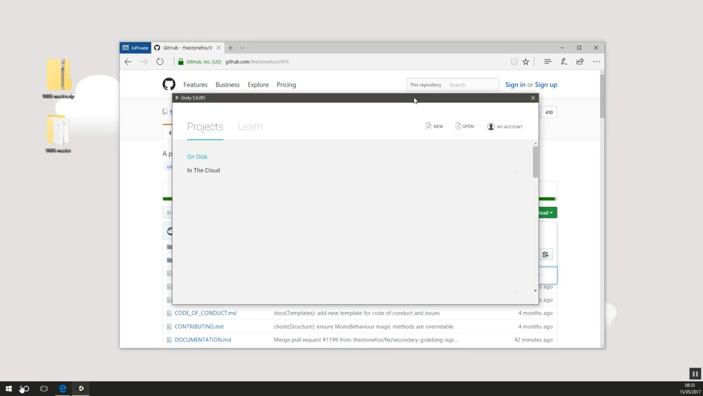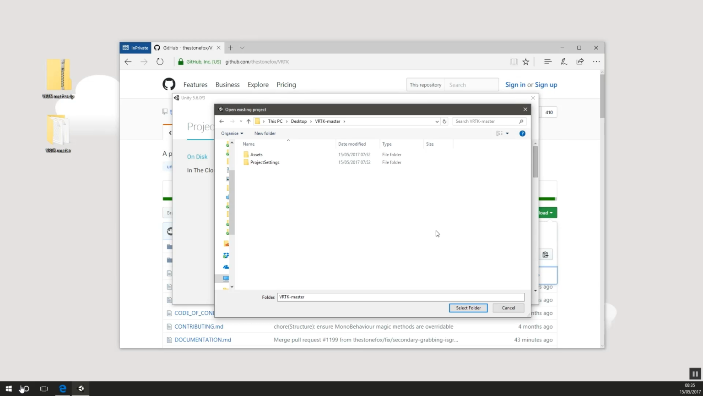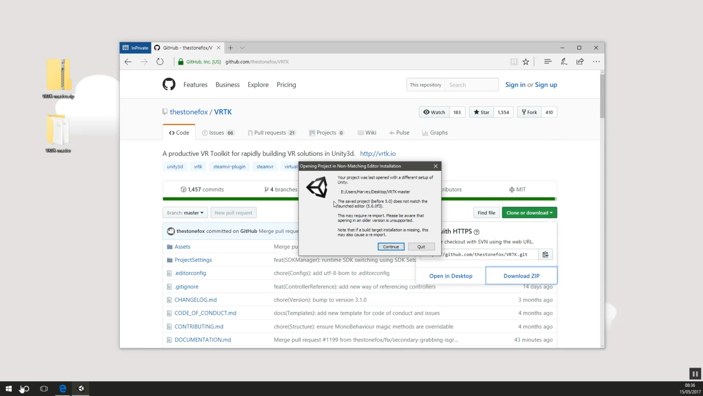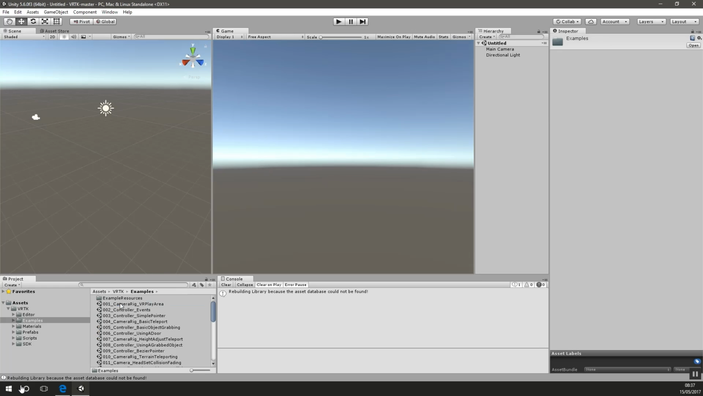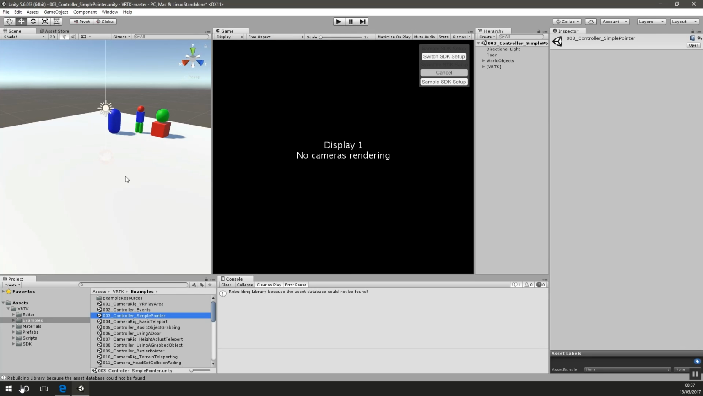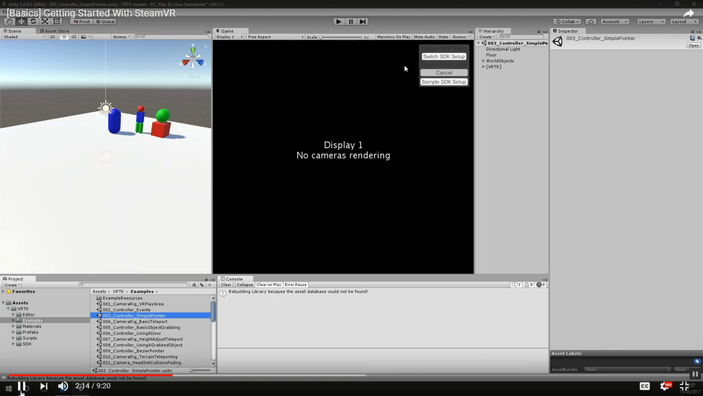So what we need to do now is we click open, and then within the folder that we've downloaded, which was our VRTK master folder, we just click select folder. Then we'll get a message pop-up saying opening project and non-matching editor installation. We can just ignore this and just click continue. Then we'll see VRTK is opened up within Unity, and we can look at the VRTK folder, and we can go to the example scene. So if we just open the simple pointer example, we can see that by default, we don't get any camera